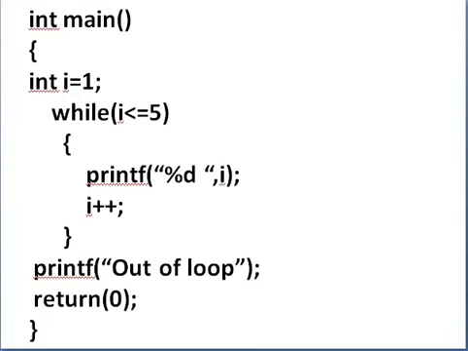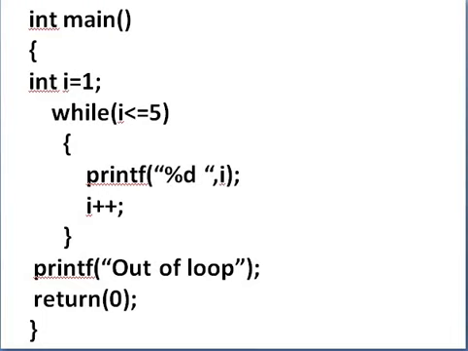If it is, then print that value, then increment the value of I. Otherwise, if I becomes larger than 5, then automatically control will exit from the loop.